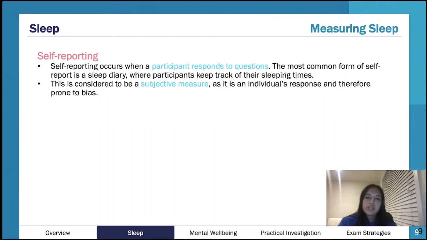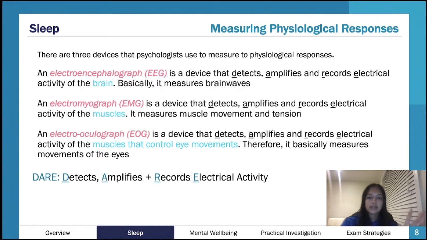So the other two methods we have of measuring sleep are a little bit more subjective. So this is self-reporting or sleep diaries. If you have someone that's doing a sleep study, you'll hook them up to all of these electrodes. And that's obviously a little bit more objective because it's very scientific. What's recorded is what's recorded. The graph that it gives you, it's the data that it gives you. So that's quite objective.